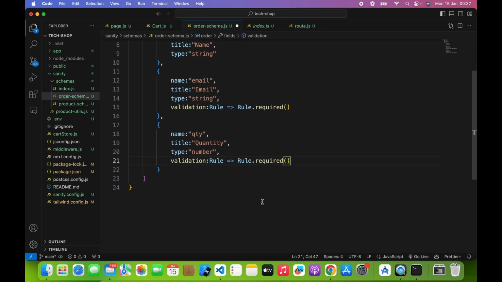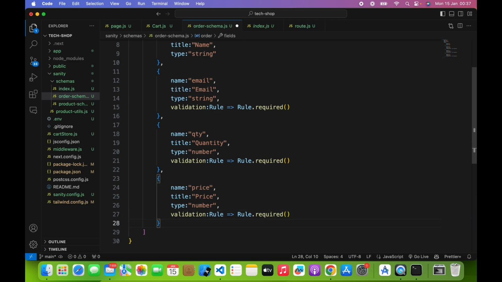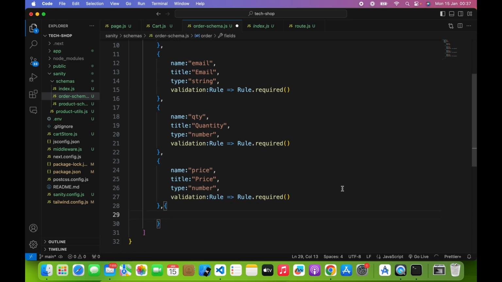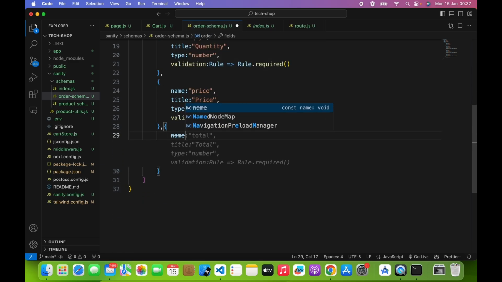Then here we're going to need a name, which is going to be price, title, number, required. Perfect. Then here we're going to need a name, which is going to be color,